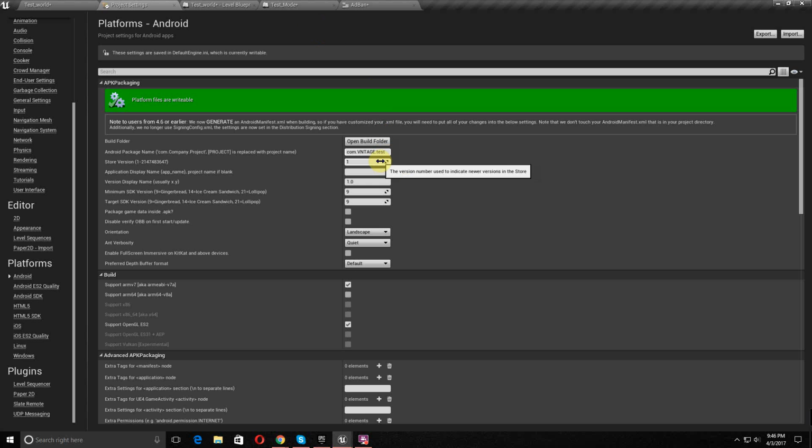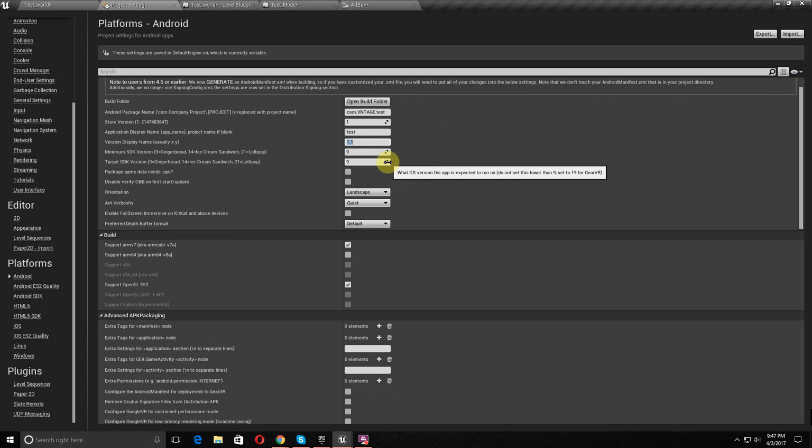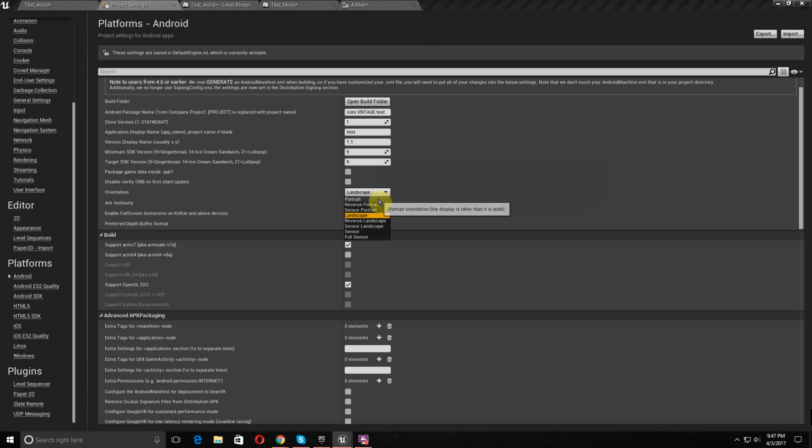And I'm going to change this to test, and you want to change the version display name to like 1.1 or something. Just don't leave it at 1.0 because you're gonna get errors or complications when you upload it to the Google Play Store. We'll do that in a minute. So let's go through all of it. We're gonna have it orientation portrait,